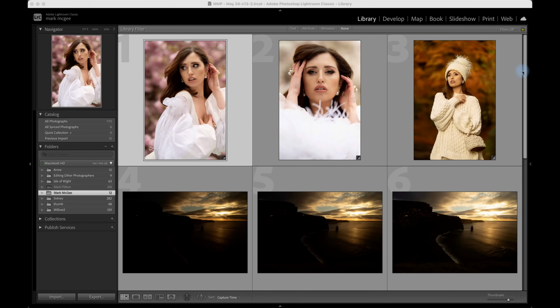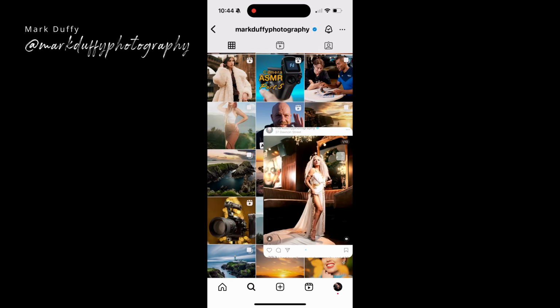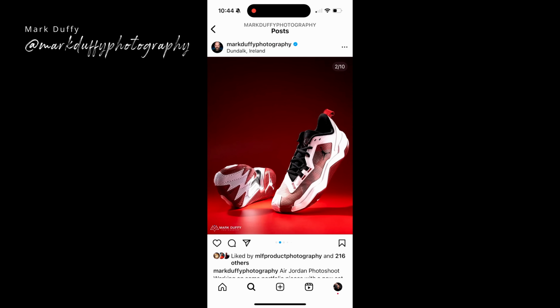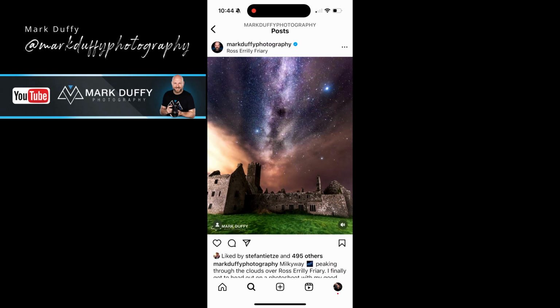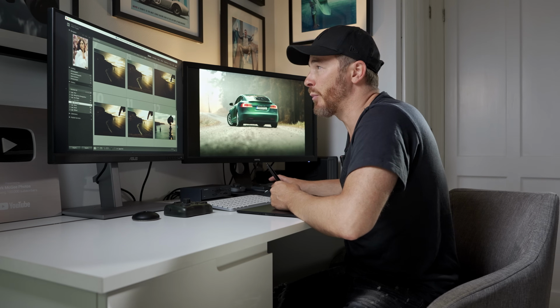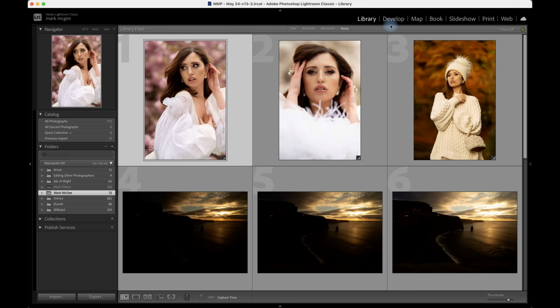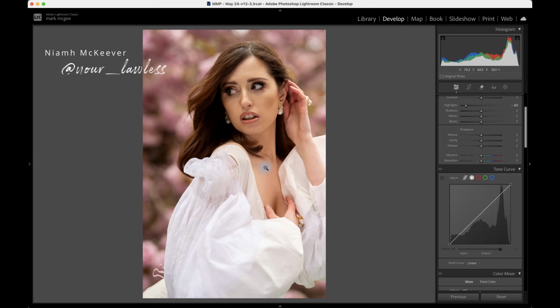Now here we have a bunch of images sent in by Mark Duffy, a great all-round photographer and thoroughly nice chap who has his own YouTube channel, so check him out. As well as the portrait which we'll look at, he also sent in a multiple exposure scene which I'm going to exposure blend together in just a minute. First, let's look at the portrait of this lovely girl called Neve, and you can find her at You're Lawless